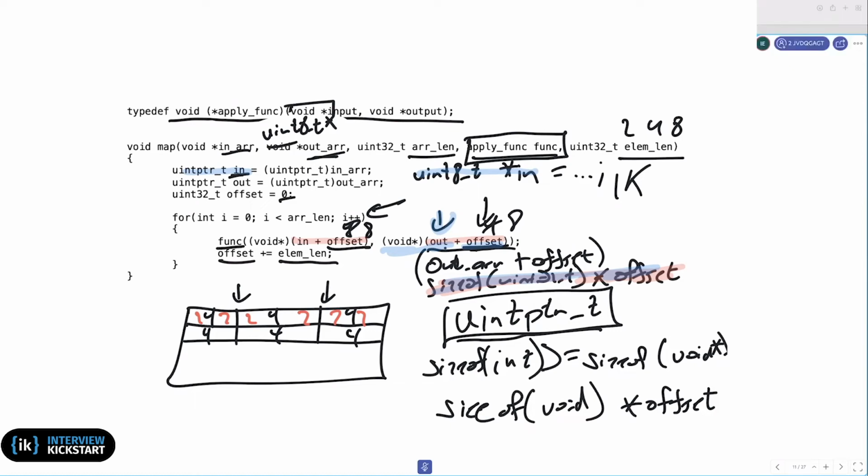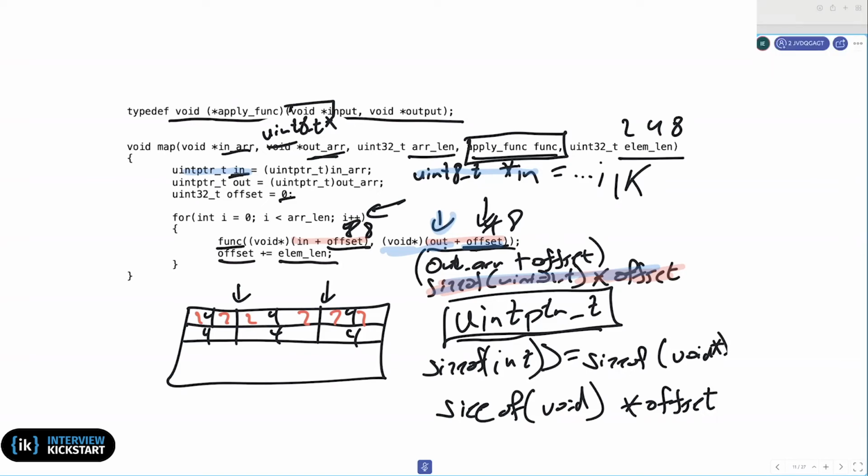So we don't need a void pointer in that sense, right? Even if you use one uint32 pointer, it's still going to work. But for a general function, we can use a void pointer. Right? I'm not quite sure I understand. Can you say that again? So if we use a uint32 pointer and we cast it to uintptr, you're going to get arithmetic as